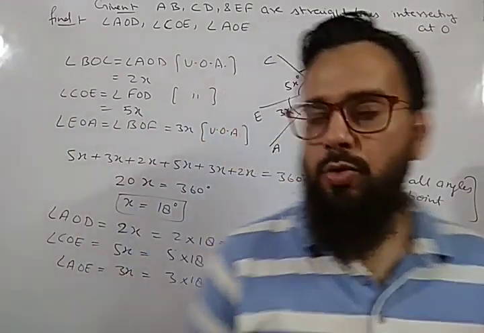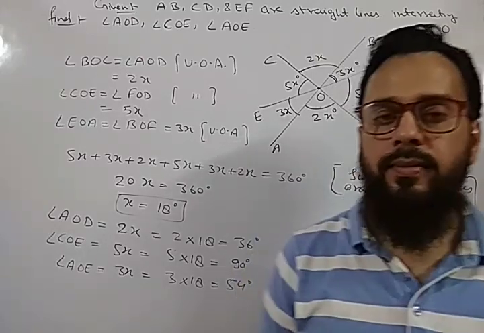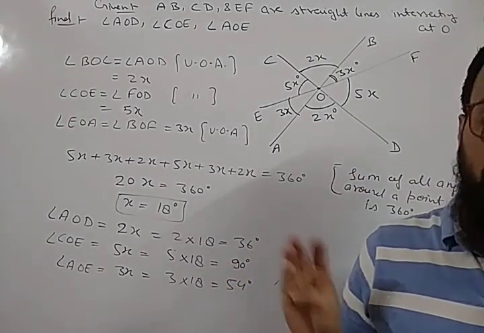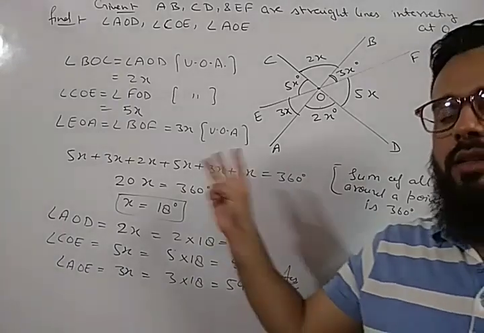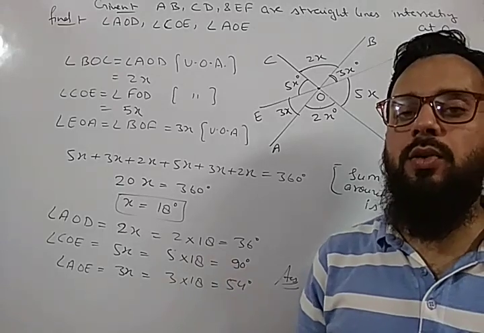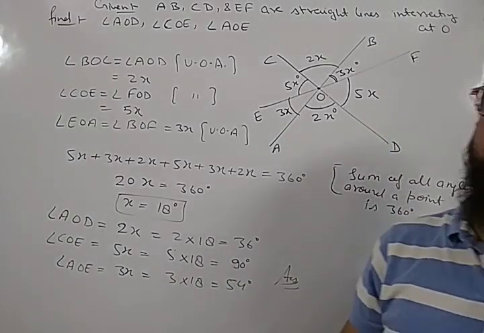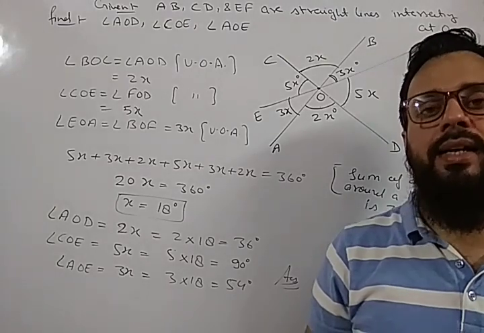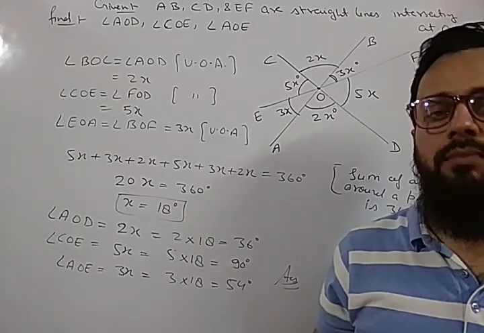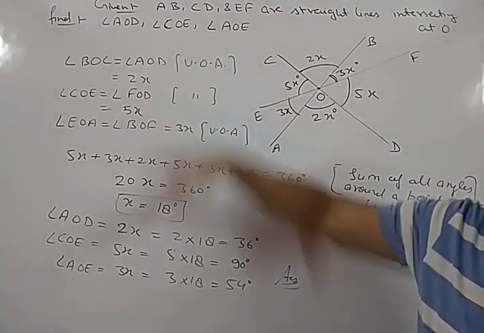So today we have completed all the basics of lines and angles: what are vertically opposite angles, what are linear pair, what are adjacent angles, and the three theorems. We have completed them up to today. From the next video we will start with parallel lines and the transversal. Then we will study the different types of angles, alternate, co-interior, corresponding, and we will prove some theorems based on them and solve questions based on them. So till then you have to practice all these things.